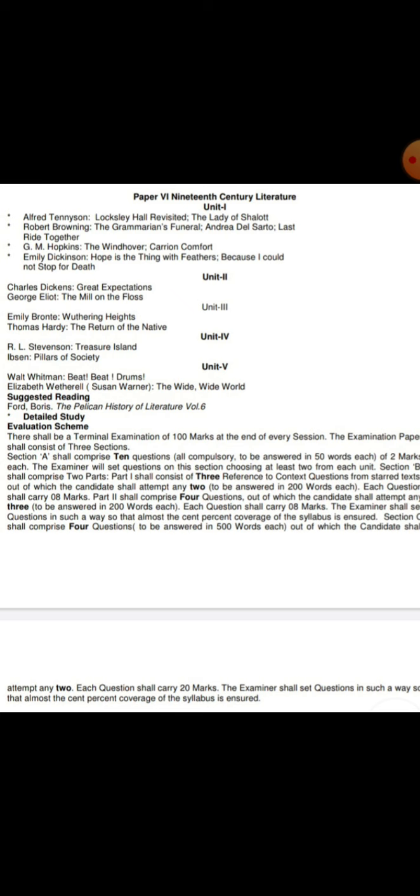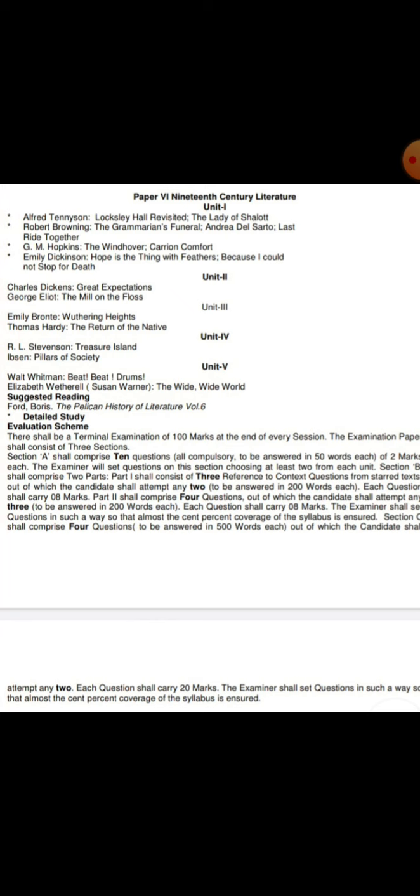So we'll be having two poetic works here. One is Walt Whitman's Beat, Beat Drums, and the other one is by Elizabeth Wetherell, who's also known as Susan Warner, and the work that we have in our syllabus is The Wide, Wide World. So students, this is the syllabus that you will be covering in this particular year regarding